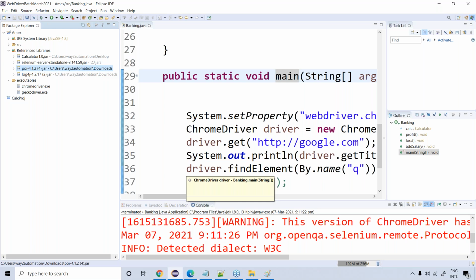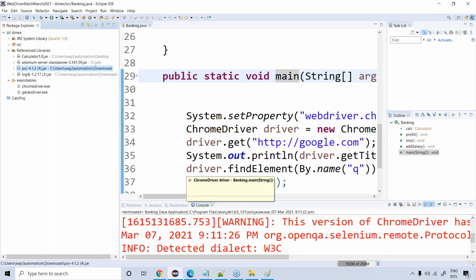Because Selenium is not a tool. It's just a collection of classes. Like the way we are adding Selenium classes, we can add all other projects inside the same single Java project, and we can extend all the functionality that we want. Anything that we want to achieve, we want to do